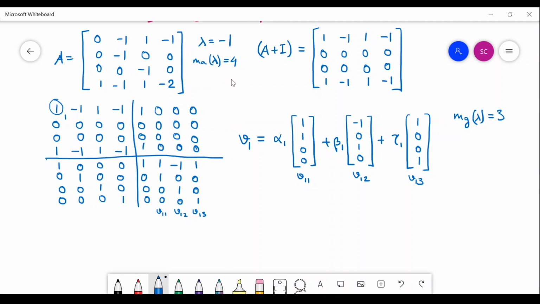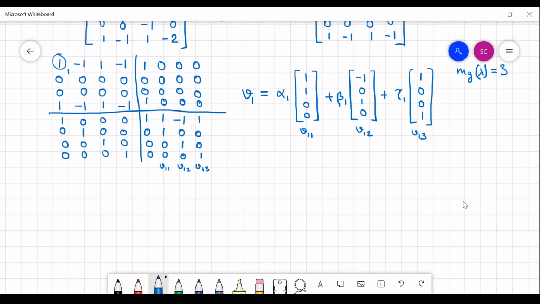That obviously tells us that we are dealing with unequally sized Jordan blocks. There is no way that we have equal sized Jordan blocks. So in this case we have to go on computing A plus I square, A plus I cube, and so on, and at one point of time we will get a 0. There we would stop, but while doing that, we would be revealing some information. What information?